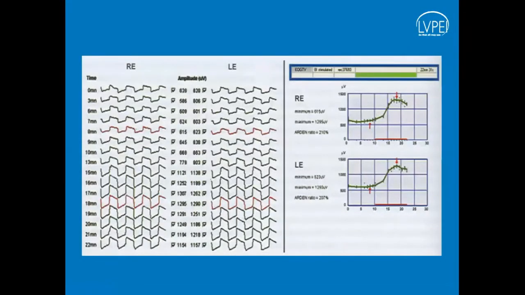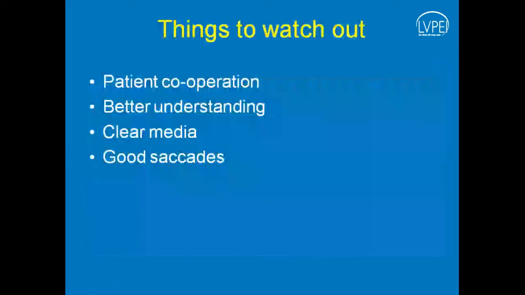And these are the saccadic moves in the right as well as the left eye. As I have told, the patient must have good control over the saccadic moves throughout the test. The patient should understand, in his or her own native language, what to do and what not to do. That understanding has to be conveyed to the patient. Media must be clear in order to localize the target and follow the target throughout. The patient should have good saccadic movements rather than nystagmus, or if the visual acuity is very poor, they cannot look at the target carefully. At that time also, saccadic movement could be hampered.